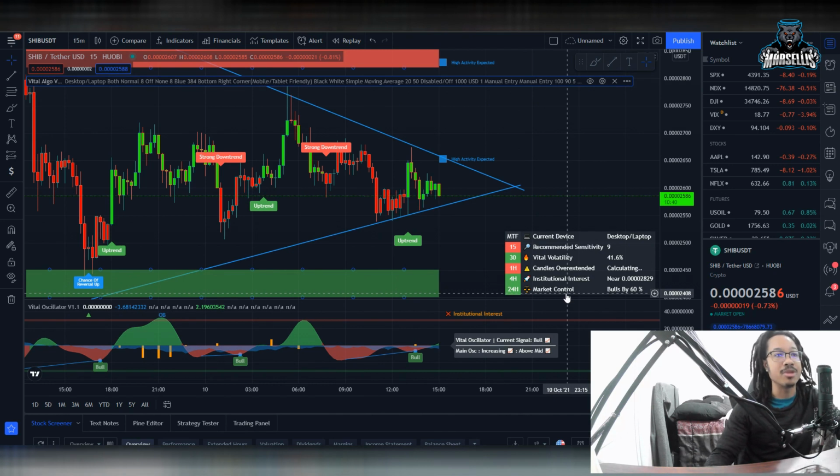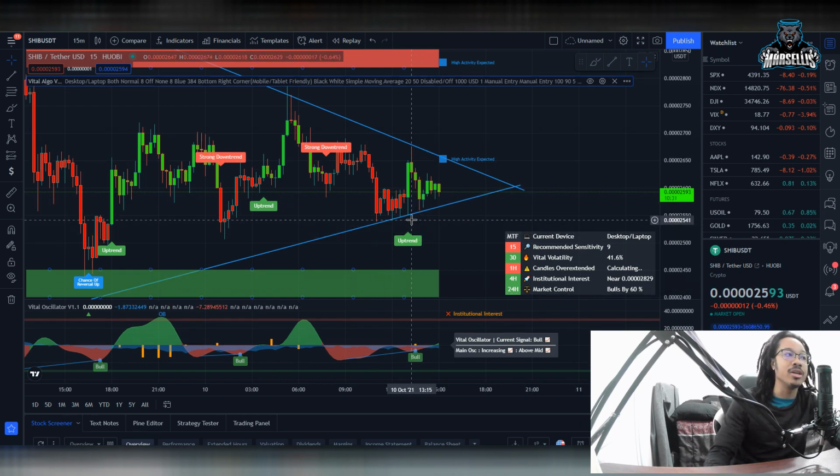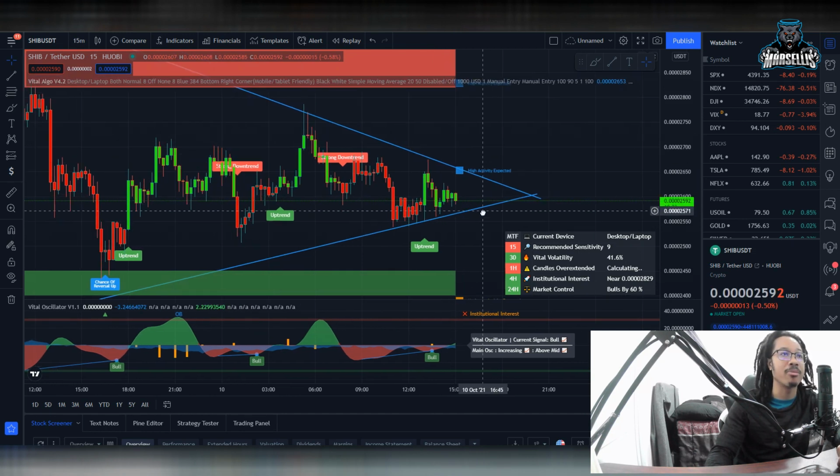The bulls inside the Shiba Inu market are in control by 60% in the last 24 hours. That's actually pretty big. And we're on an uptrend here. This is really good, that we're on an uptrend at the end of our consolidation. This is showing us that we actually might just break out of this consolidation into a positive pattern, a positive